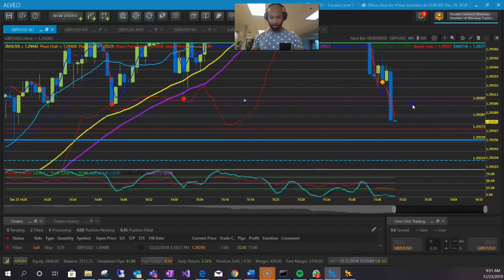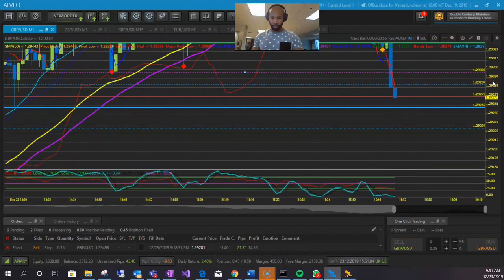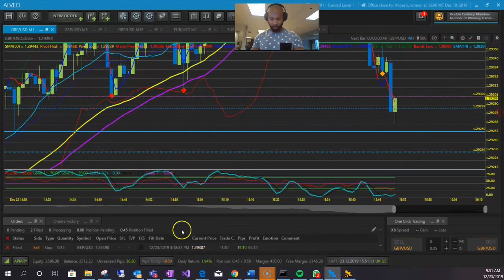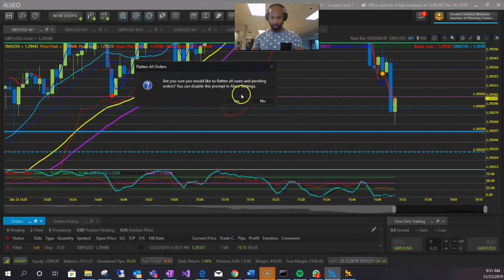Ooh. Isn't that a trader scalper's paradise? Seeing movement, 21. Seeing movement so bountiful, so beautiful like this. It's exactly what I love. But here, look at that. It went all the way to 21